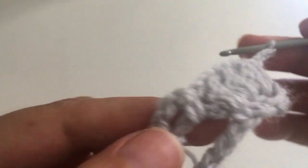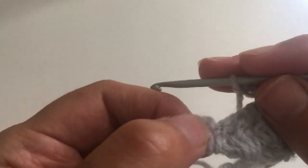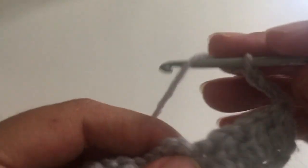We finish with 1 treble, and that is the row ready. Now we start the next row with 4 chains, 1, 2, 3 and 4. We turn the work around, we go here in the middle where we made these 3 chains, and we're going